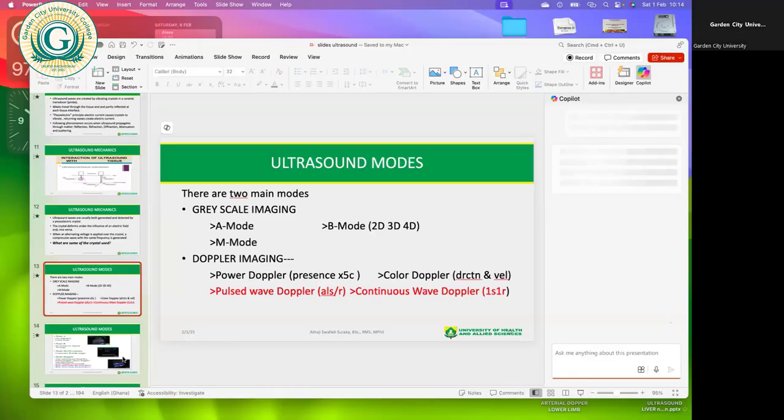The color Doppler also allows you to see if there is blood flowing, but its ability to allow you to see if there is blood flowing is five times less than the power Doppler. So if you really want to tell if there is flow in a structure, you use the power Doppler. Whereas if you want to tell maybe if there is flow, then you can use color Doppler. But the color Doppler is